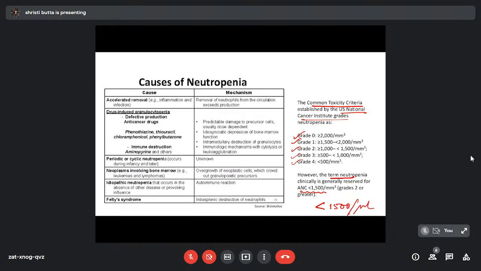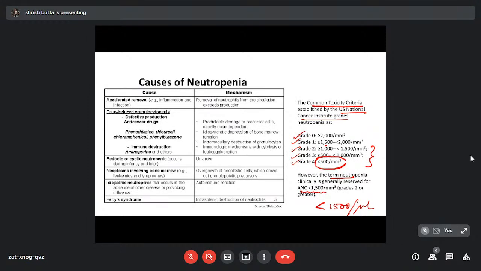That is anything which is grade 2 and greater. Grade 0 being more than or equal to 2000, grade 1 1500 to 2000, grade 2 1000 to 1500, grade 3 more than 500 but less than 1000, and grade 4, that is severe neutropenia, is less than 500 neutrophils